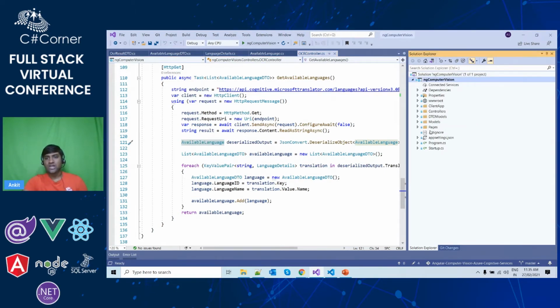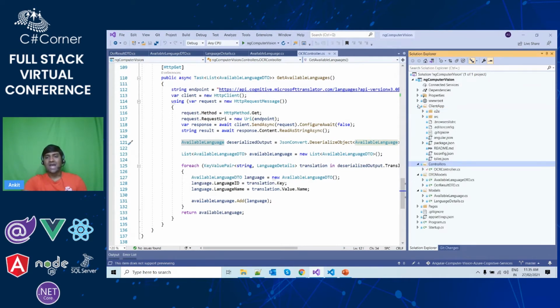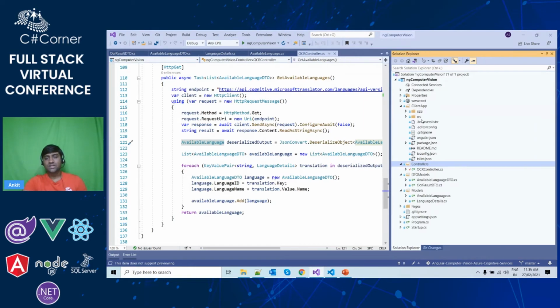In the solution files, we have the controllers folder where we will be putting our API controllers. Here we have models and DTO models. I have created two models. We are going to look into in detail what the models are, and then we have data transfer object models also. The interesting point here is the client app folder. The client app folder holds your Angular code.